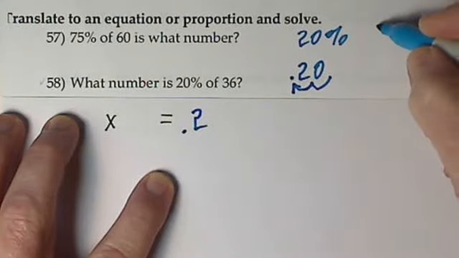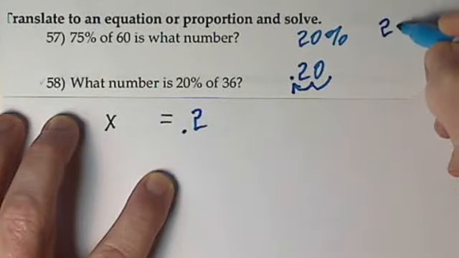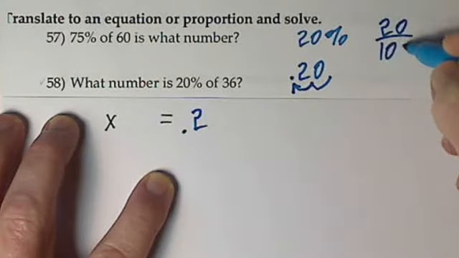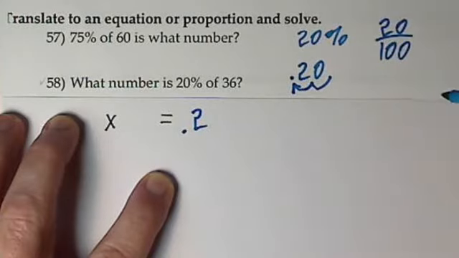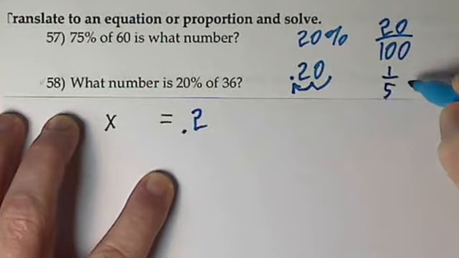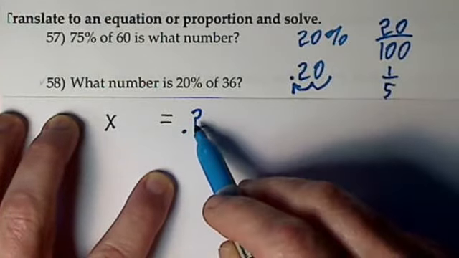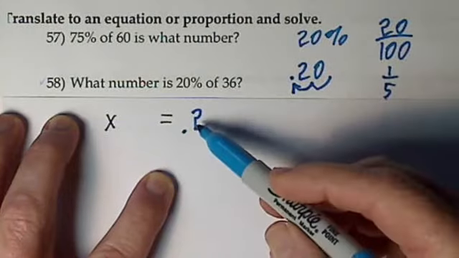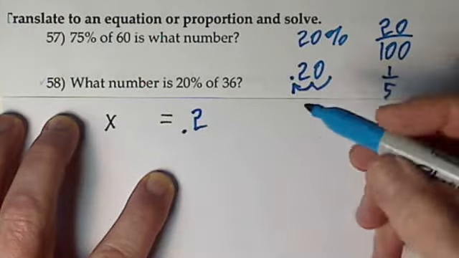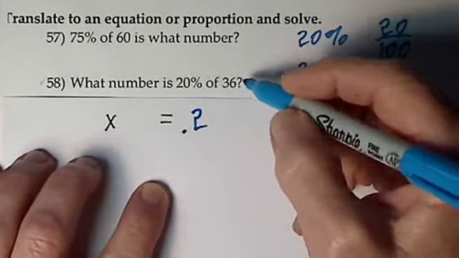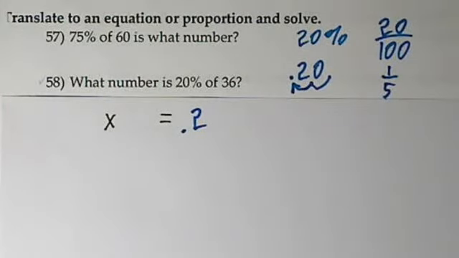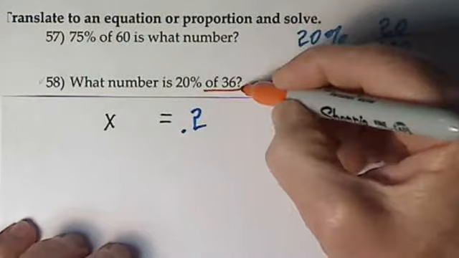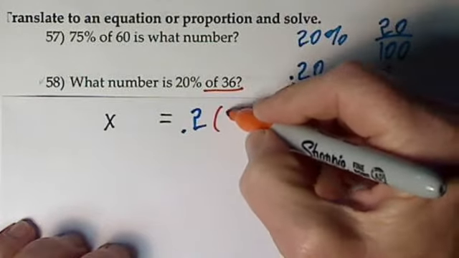By the way, you can also write this as 20 over 100. That's the same as 20%, and this would reduce to 1/5. So instead of 2/10, I could write 1/5. In general, I'll use the decimal form, so that's how I'll complete this. And then "of 36", that just means times